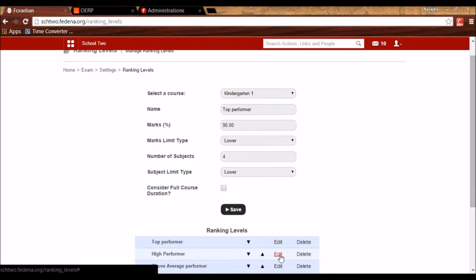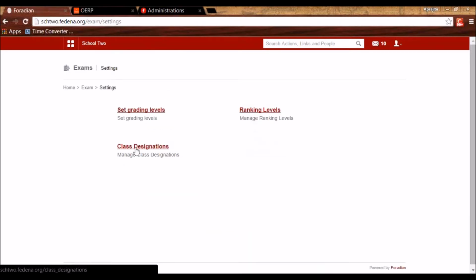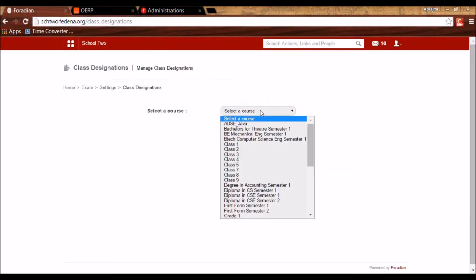Like this, I have created another ranking level. It means the students of this course will be categorized as high performers when in a minimum of 2 subjects they get a minimum of 85% in each subject. Like this, you can create ranking levels, and you can also create a class designation.